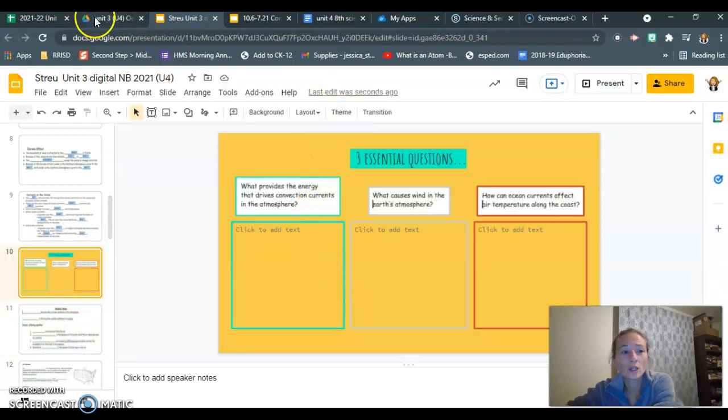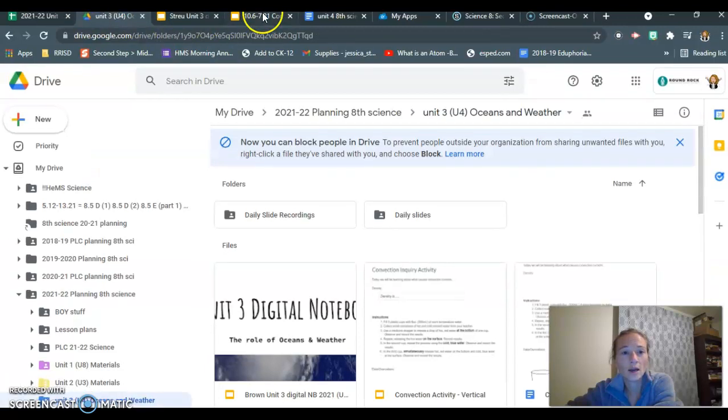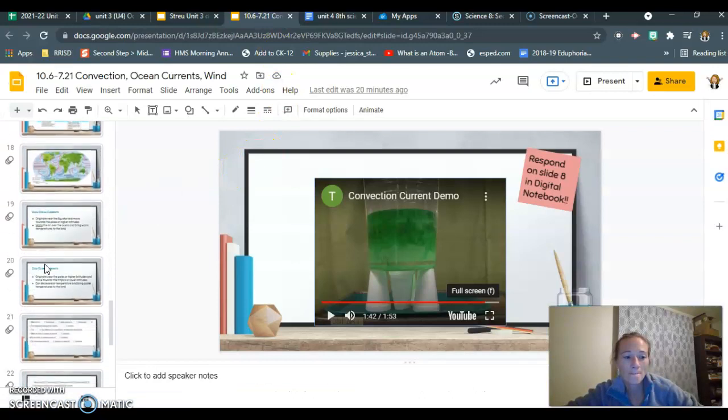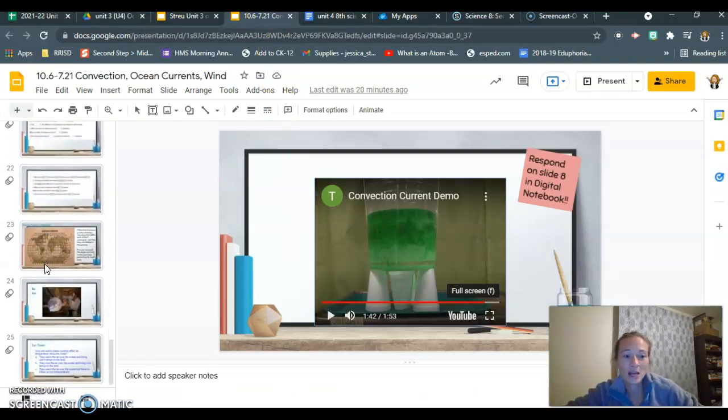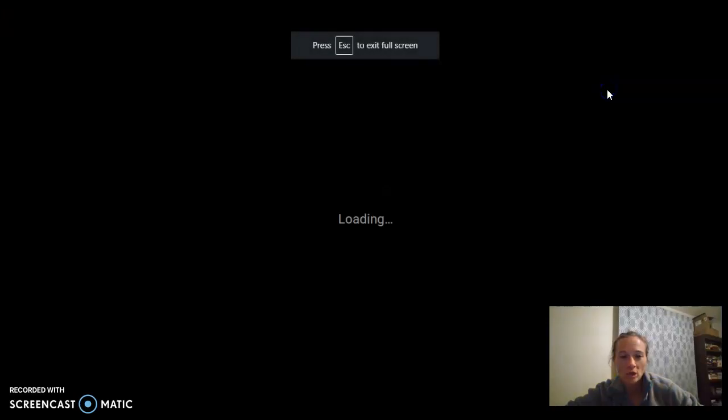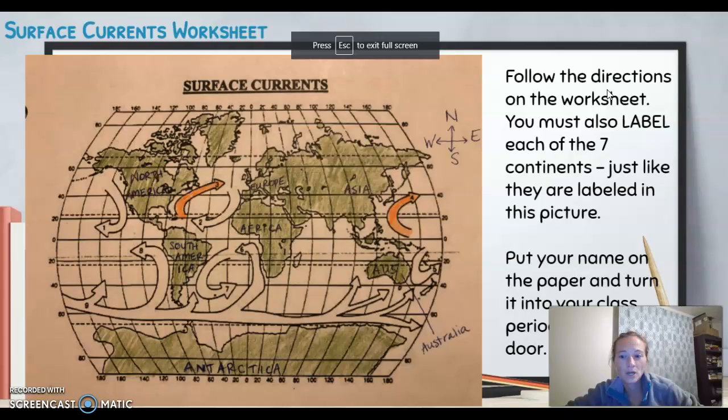Now you are going to do a surface currents activity that is printed out for you to do. Okay? Follow the directions on it and use this picture to help you put in